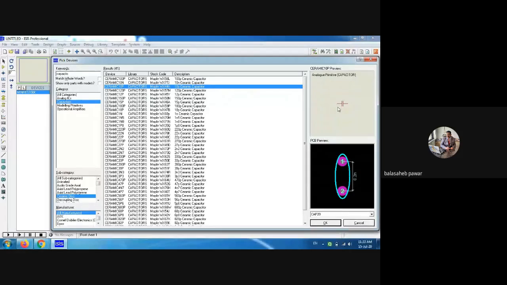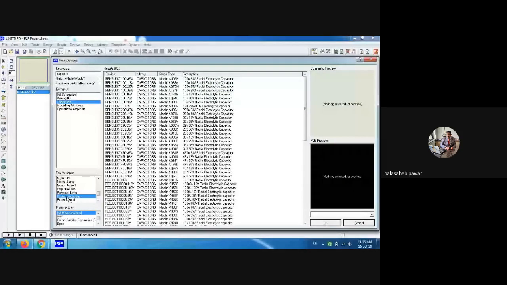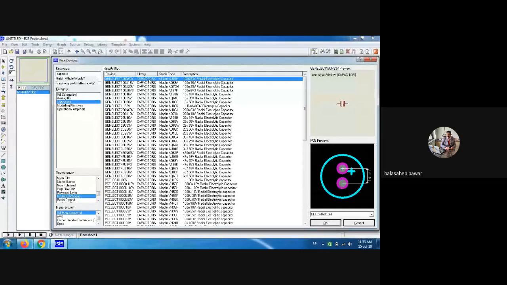And in subcategory, if you have selected radial electrolytic, again in that subcategory many capacitors are available. You can observe it in that library. See here, it is written as 100N and 63V.